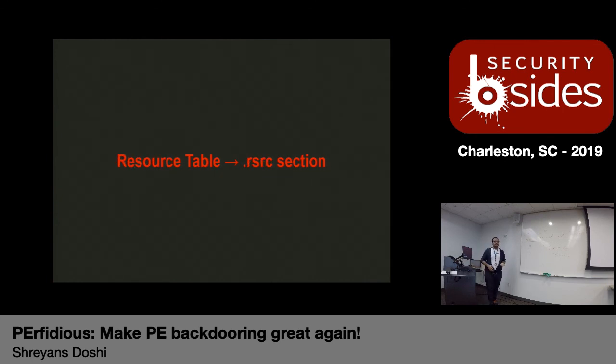Resource table. Why would you need a resource table inside the EXE? Inside any PE file, why would you need a resource table? Now, when we usually think about programs, they need not always be a CLI program, right? They can be GUI programs as well, like games, right? You'll have a ton of different resources like images, song files, icons, stuff like that, right? You need to have a resource table that can be used in order to index those resources, right? So that the program, when it runs, it can find those resources at those memory addresses. Resource table contains all that information.